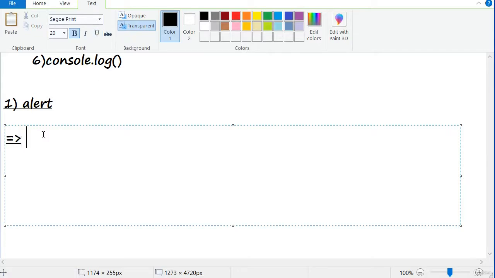What is the use of the alert box, the alert method or alert function?